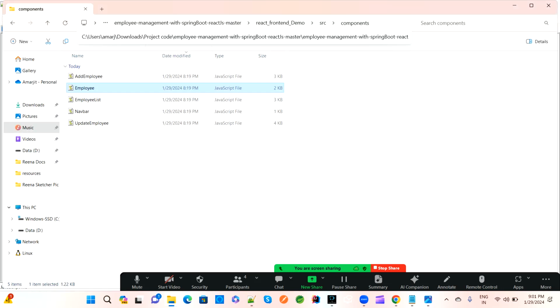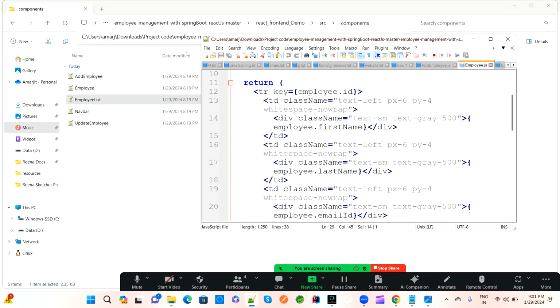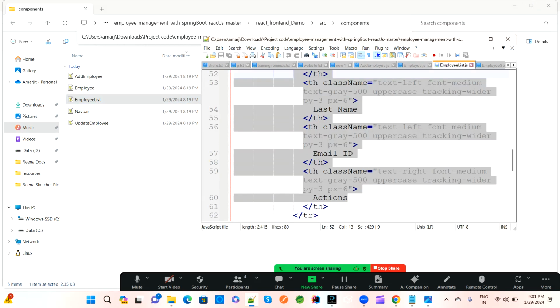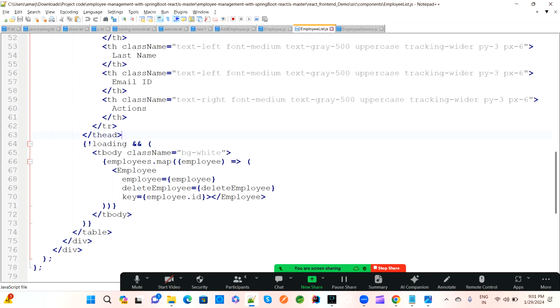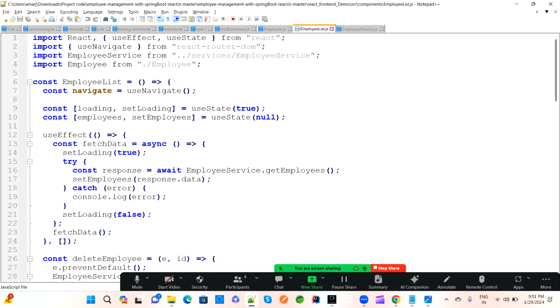So this is the employee data. And then if you see employee list, if you want to fetch the whole list of employees in this React, the employee list will show all the data that was inserted. That will be fetched from this backend application and it will show. So this is there, the employee list, and we have imported the service here, employee service and employee model. This is the model and this is the employee service. And then we created the employee list. Inside this employee list,